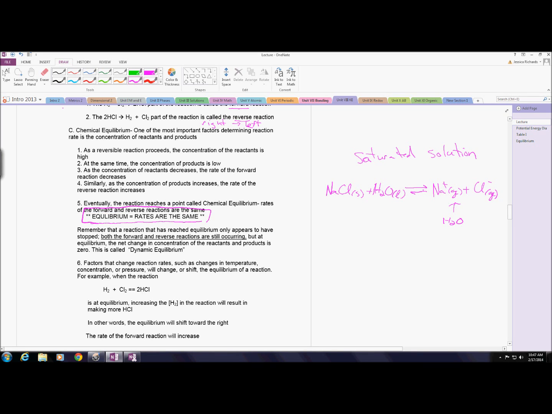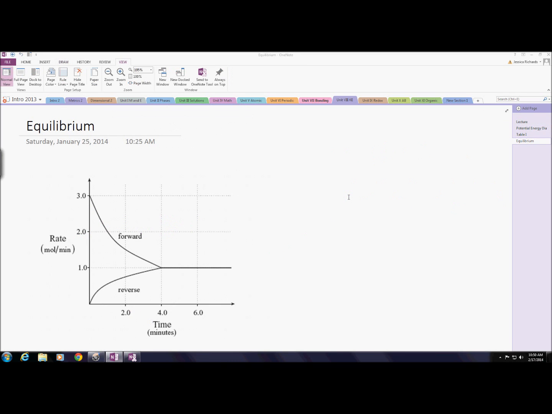The amounts have nothing to do with it. It is the rate that the forward reaction and the reverse reaction are happening. When the rates are the same, we are at equilibrium. If we look at some graphs to try to explain what equilibrium means as far as the rates being the same,